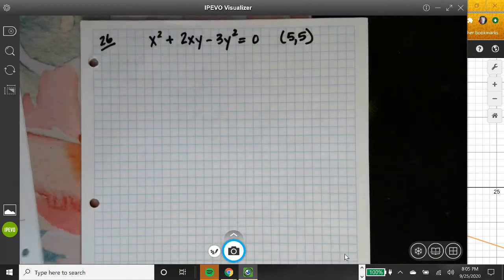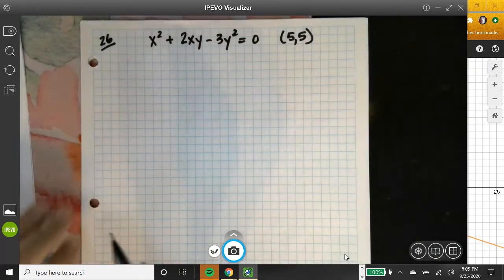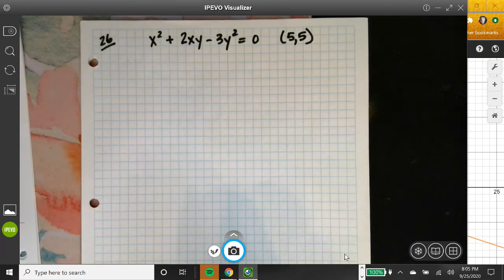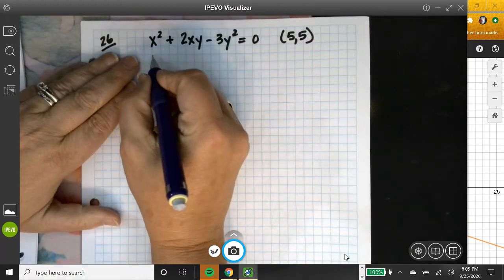So I've got a piece of paper here where I've got the problem written out. And so the first thing I have to do is find the tangent line slope so I can find the normal slope. So taking the derivative here,